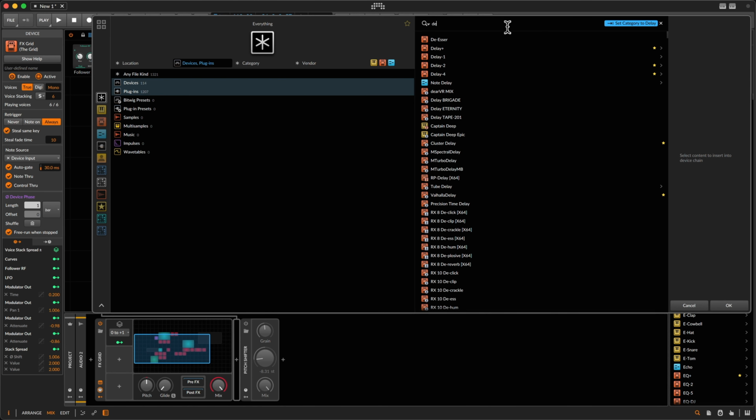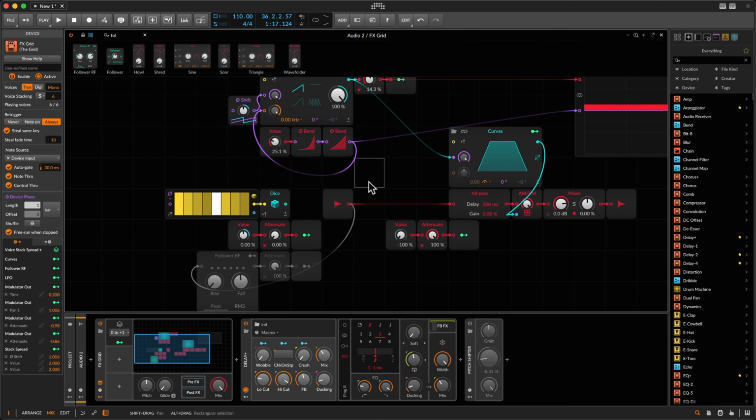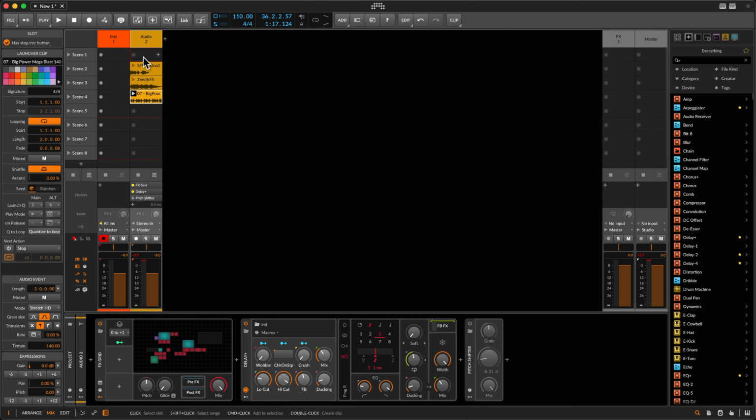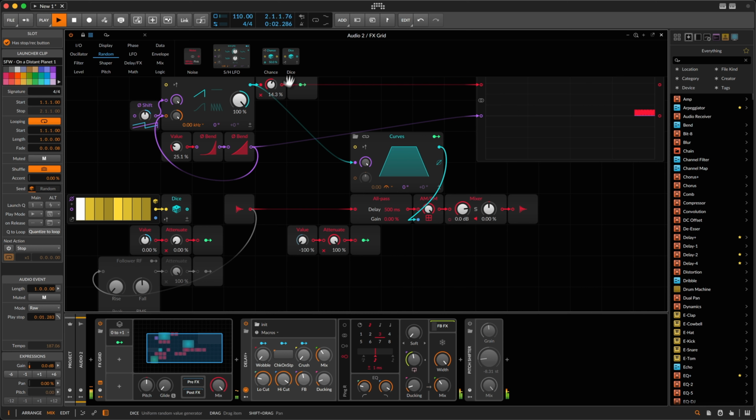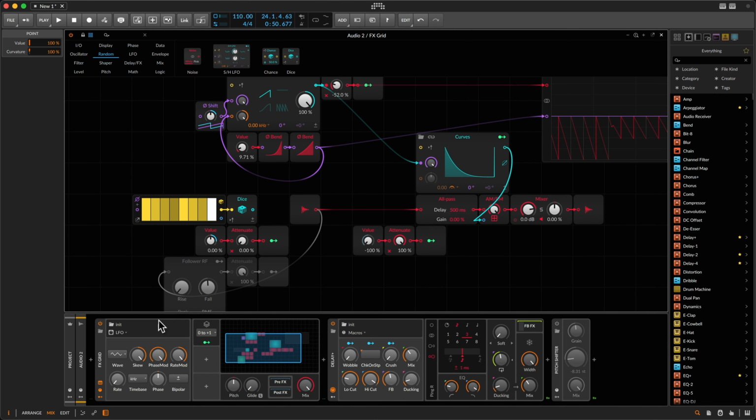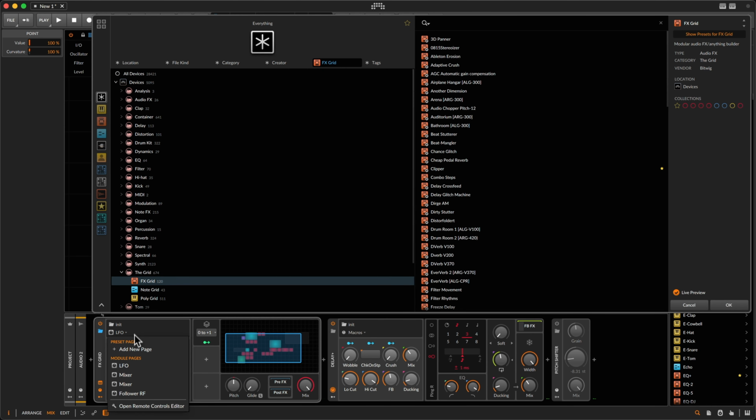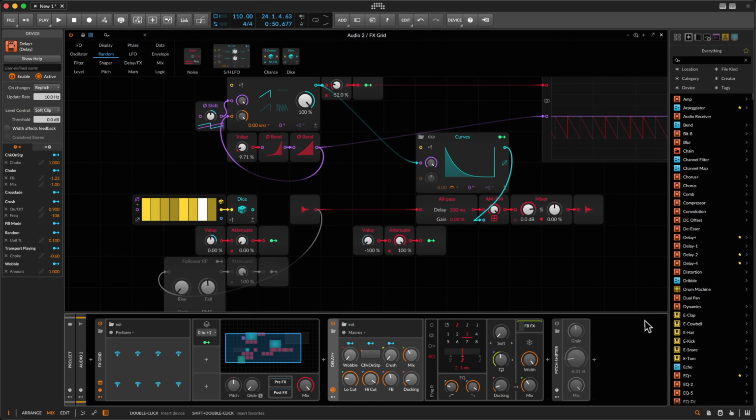Yeah, let's get a delay, just because granular stuff needs delay. Yeah, the only thing left to do is now, of course, to add a new page